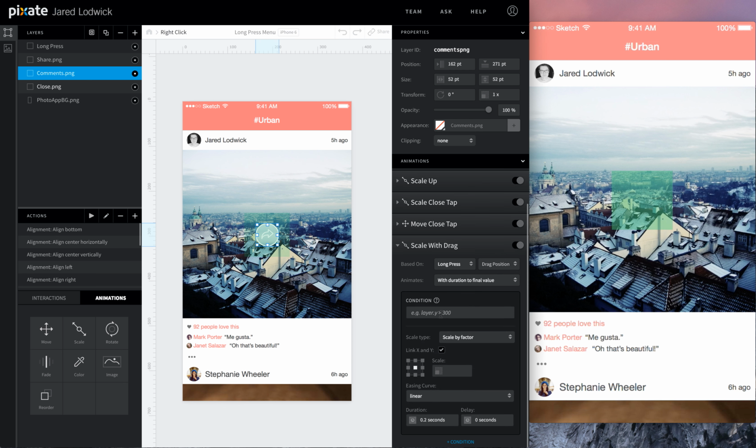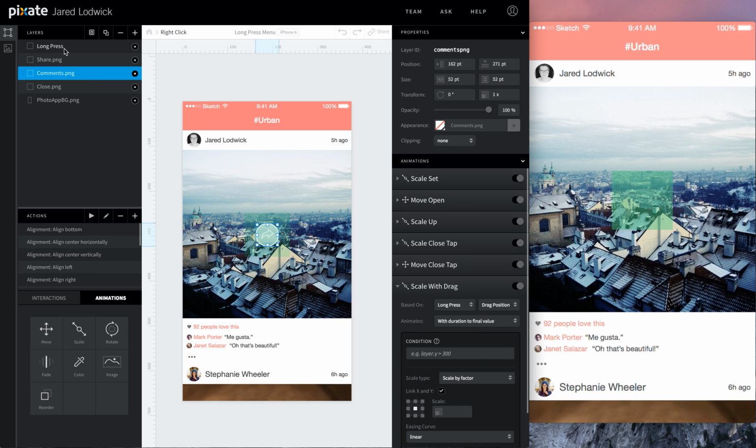So the way that we make these conditions work is by calling out a layer ID, which in our case is going to be the long press layer, telling it to animate based off of one of the layer properties, which we're going to use the horizontal center, and say that whenever that property is past a certain point or within a certain point, to allow the animation to occur.